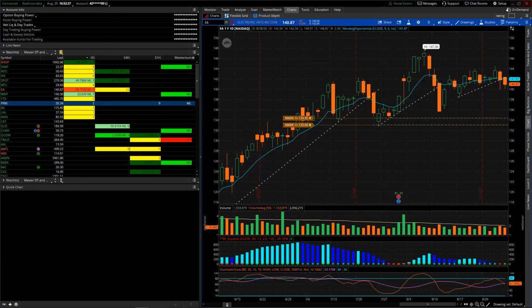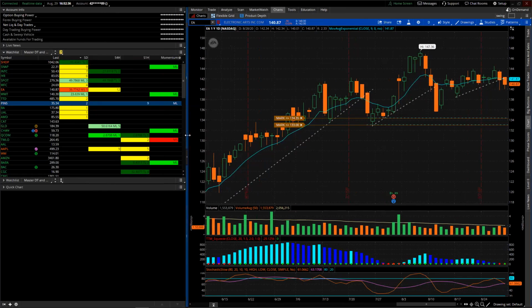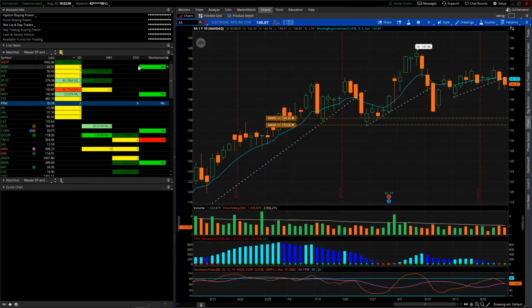So does anyone have any questions up to this point on how to use this? Because this is much easier than a scanner and it's real time. It updates on its own on the side of your screen. You can find day trades off of this. You can find swing trades off of this. I know guys that day trade solely off of this. We'll look for squeezes releasing on the 1 and 4 hour and trade them. So does anyone have any questions right now?